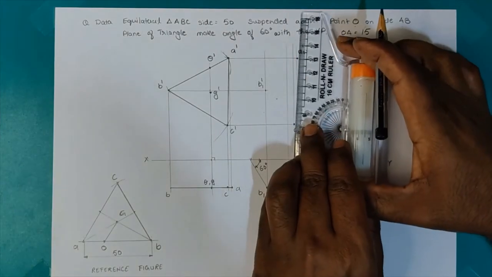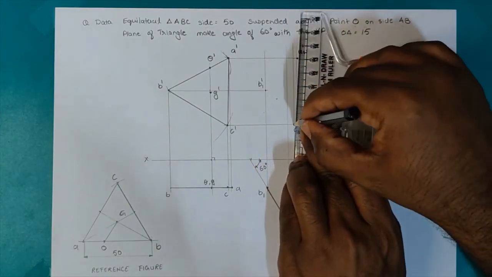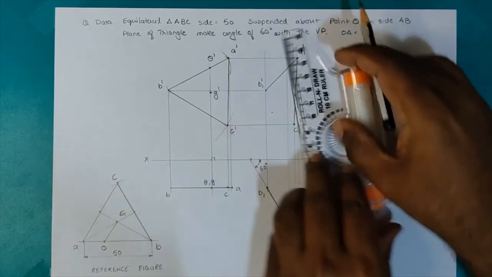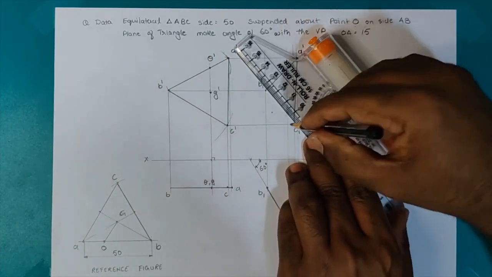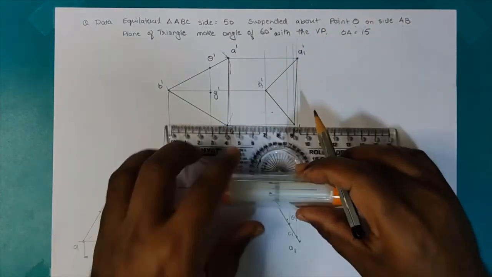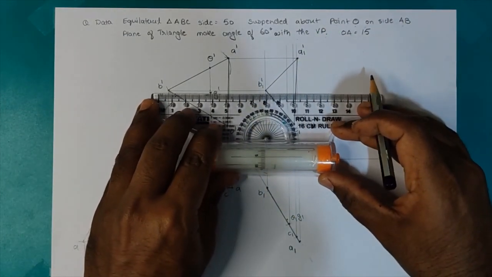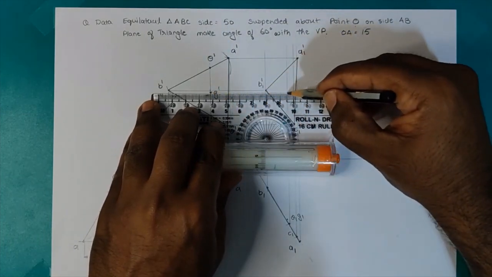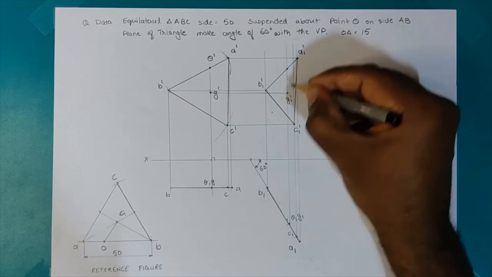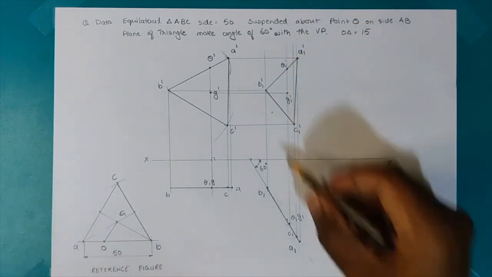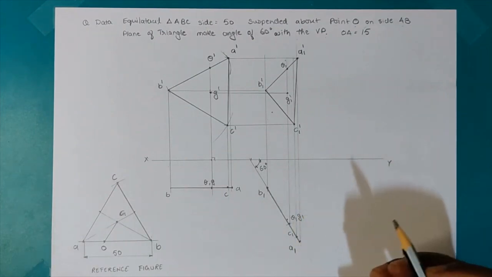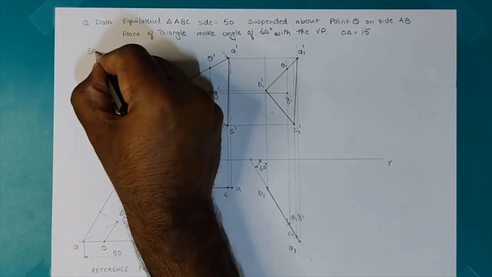So I've got all the 3 corners of the triangle. I join them with a dark line. Remember, a dark line, because this is the final position of the plane. Now I locate the centroid by drawing the locus and finding its intersection with the projector I had drawn earlier. So I find O1 dash and G1 dash. So this is the final solution that you desire.